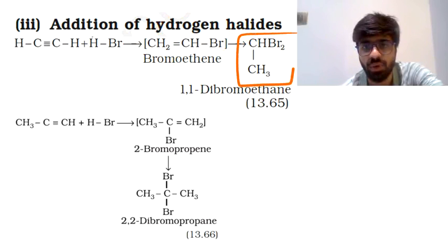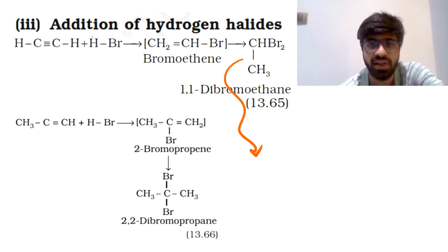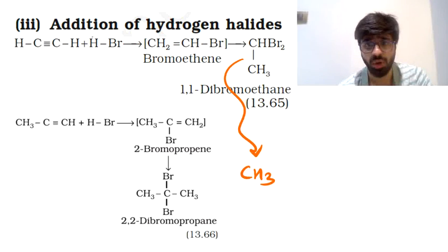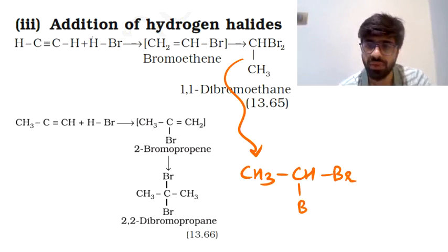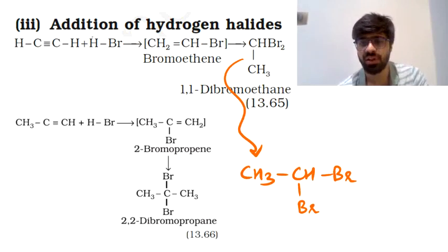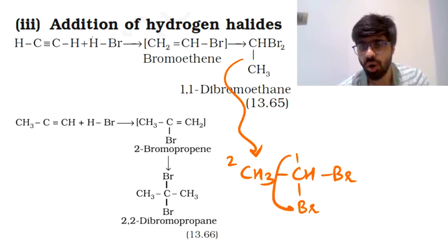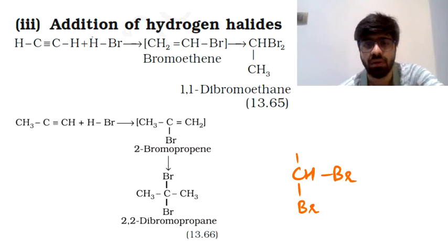So that's the final compound you have, which is, let's write it the way we discussed. We have CH3. There was a hydrogen coming with this, so it became CH3, single bond, CH and Br twice. So CH, a Br here, and with it there's another Br. And the way you can name it is 1 carbon, 2 carbon. So there are 2 bromine atoms at the position number 1. You can say 1, comma 1, dibromo, 2 carbon atoms, and that is why ethane. So 1,1-dibromoethane.